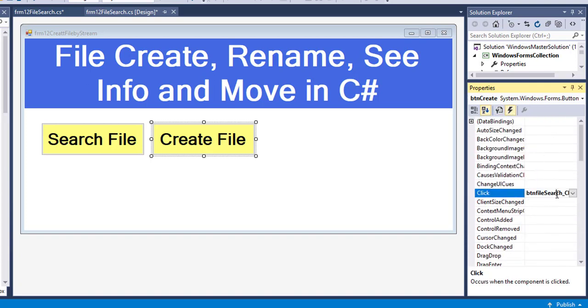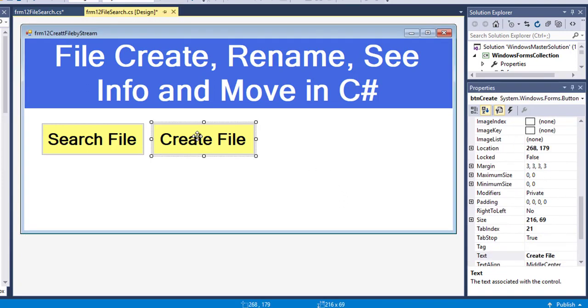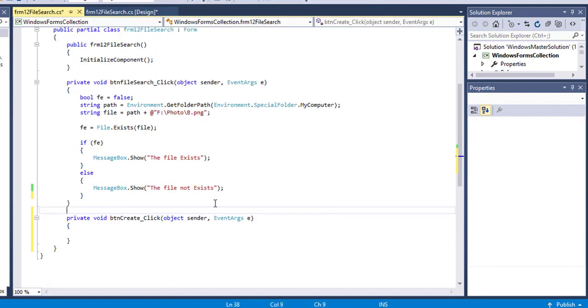I am clearing the event. Now I will write the code in this button click event. To make this video short, I am copying the previous code.